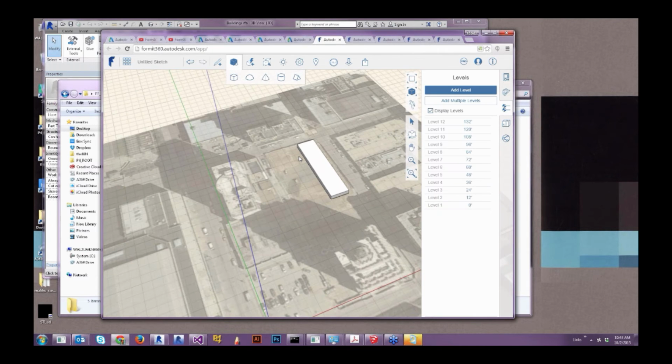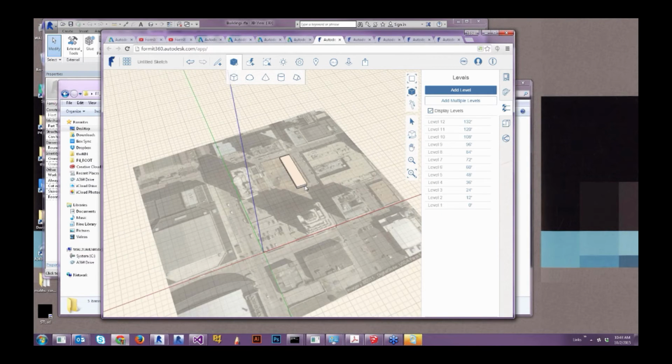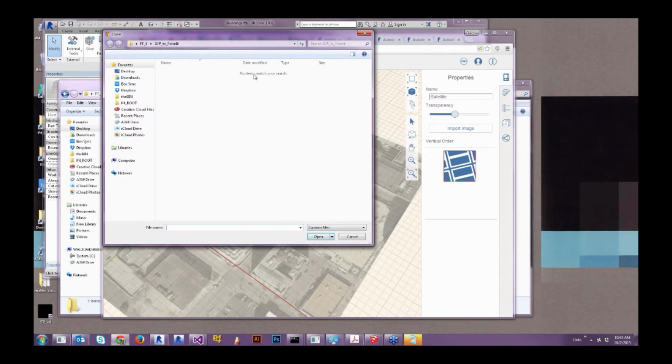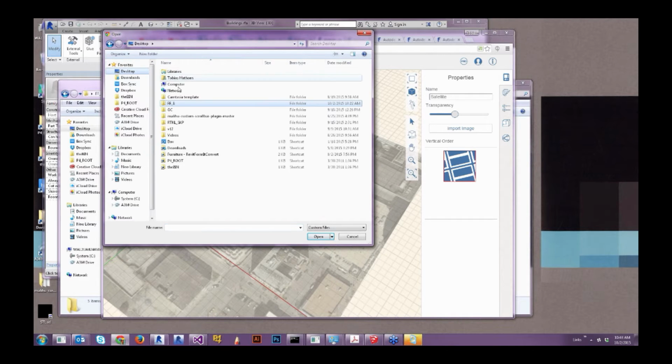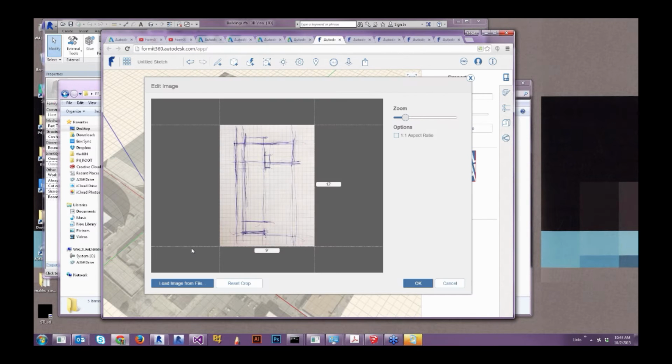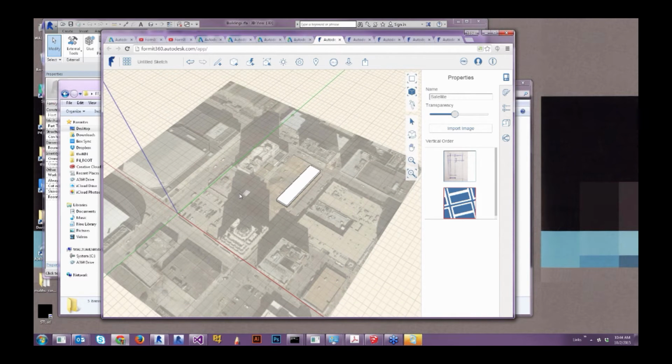And actually, even before I do this, let's say you might have an image that you want to place into your scene, like a sketch that a partner gave you or that you generated on your own. So we have an import image feature. So I can click there, I'll navigate to my desktop where I have some things stored. So I'll import this image. Here we go. And you know, you can scale it here in the import image dialog ahead of time, or you can scale it in the canvas. So I'll type in 24, hit enter, and then click OK. And it's going to import that image for me